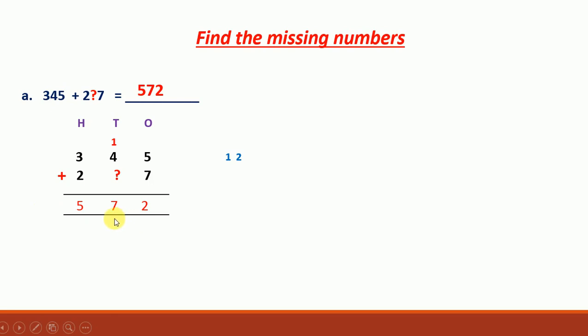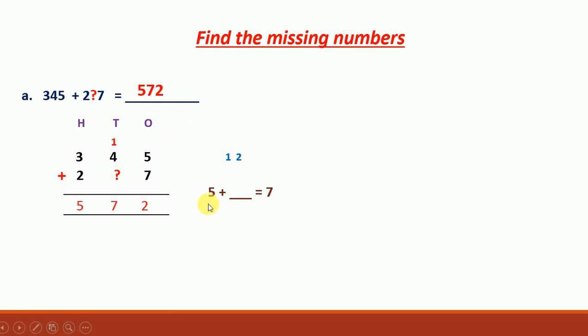7 is bigger than 5, right? So along with the 5, some number we need to add to get the answer 7. Okay, children, keep it in your mind, whenever we add two numbers, the answer will always be greater than the number we started with. So 5 plus some number, when we add, we will get the answer 7, which is greater than 5. Now we will see what is the number missing over there.